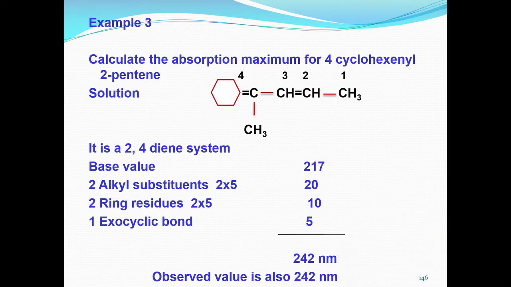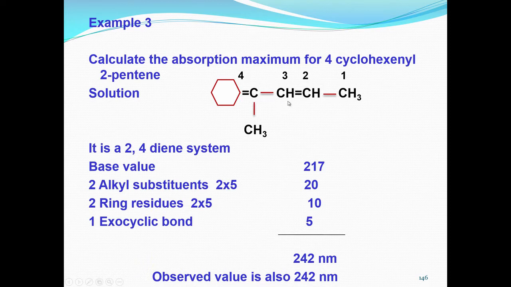This is known as 4-cyclohexenyl 2-pentene. So, I want you to find out where the expected peak is. Now, here you can see that it is a cyclohexenyl ring, not a benzene ring. So, this is a diene structure: double bond, single bond, double bond, single bond, and then there